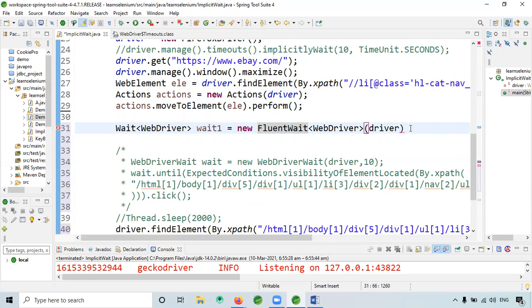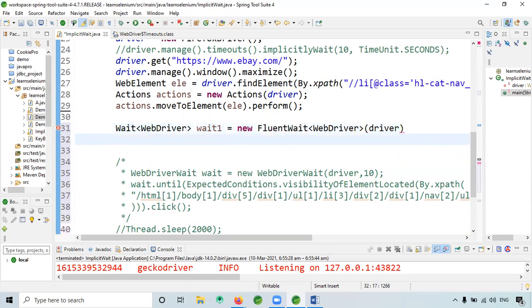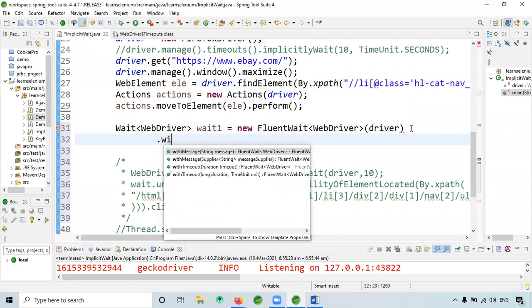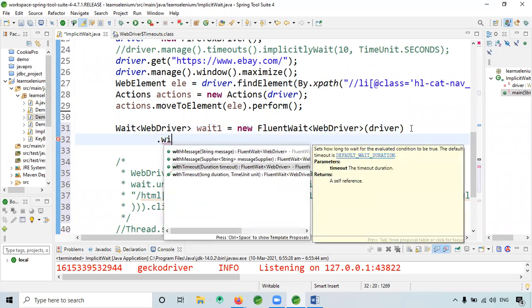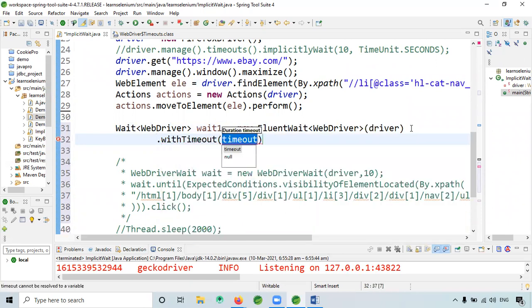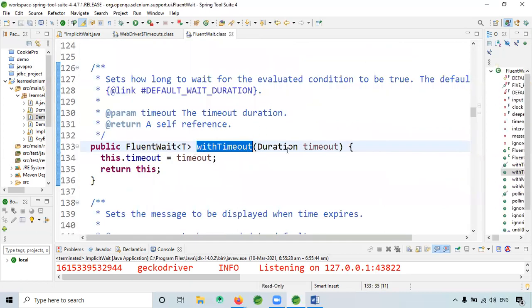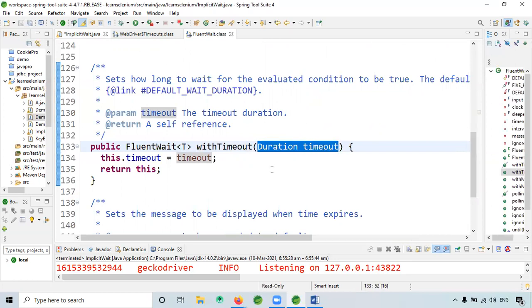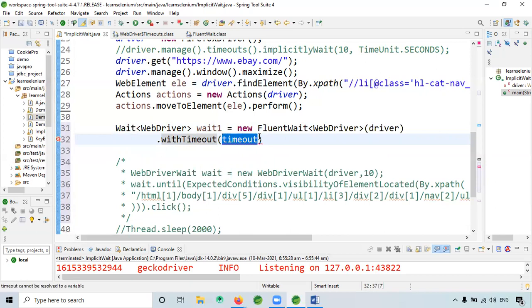Now dot withTimeout. If you don't know what to give, go to the declaration, it is telling Duration timeout. So you right click, open declaration.